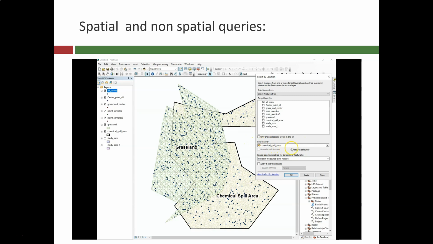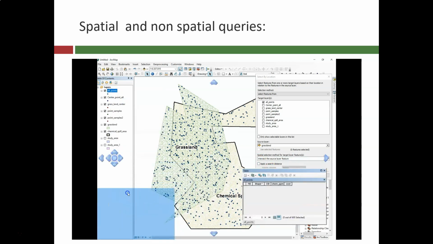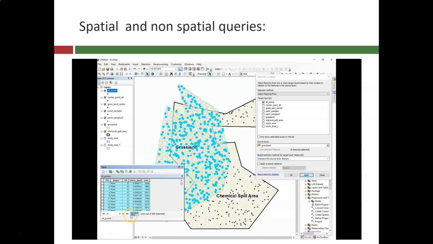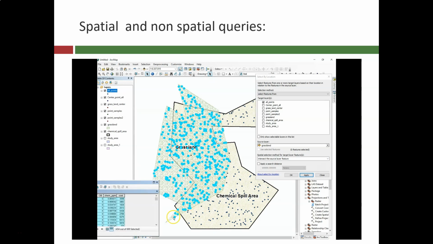The second one is the source layer. What's the overlapping feature that we want to select with? So in this one, because the question we want to know is the points that intersect grassland, we'll say grassland here. Now, the relationship we want to build is an intersect relationship. There are numerous ones in here. Some of them are more obvious than others, but it'll always default to intersect. So let me go ahead and open the attribute table again to show you what will happen there. Let me say apply. Again, records highlighted, all records, selected records. We have 434 points that are underneath, on top of, however you want to look at it, the grassland